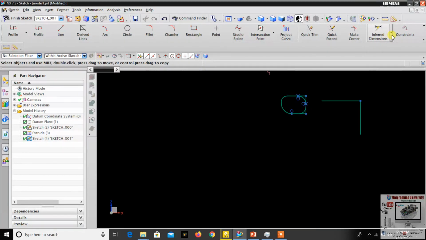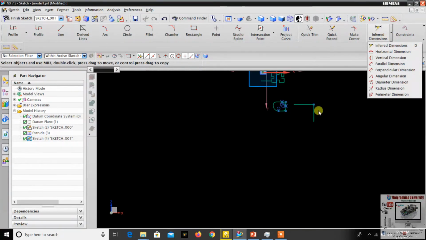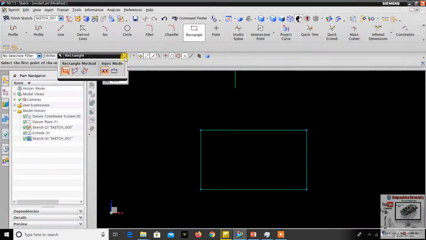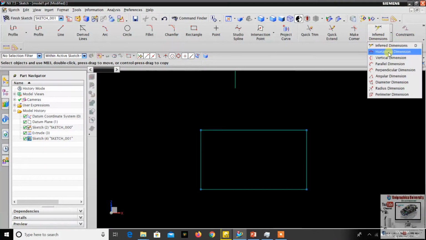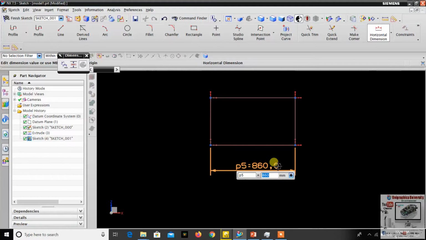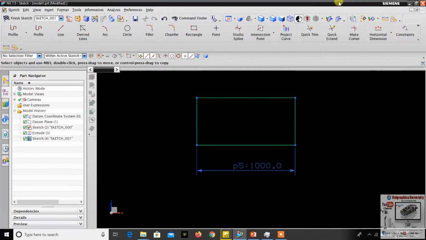Next one. The next one is the dimensioning option. It's a simple one. I simply explain how to make one rectangular. The first one, the invert command I will explain after this. So first one, horizontal. You just select these 2 horizontal lines, so you can create the dimension. If you want to edit this value, you can. If you want 1000, this 100, if you want 1000, you can change it by using the horizontal value.